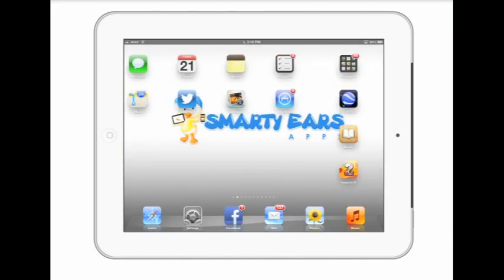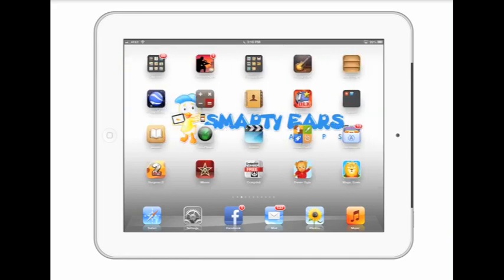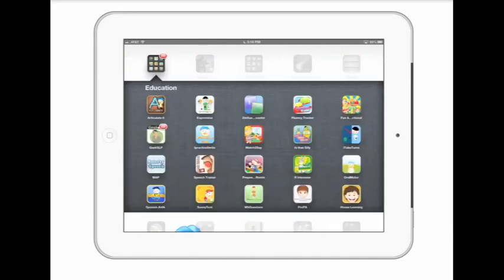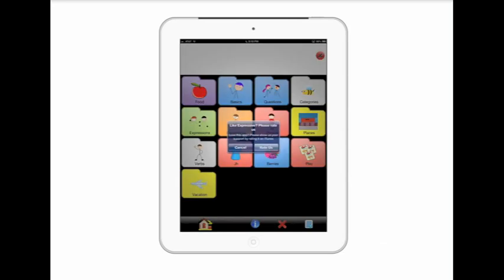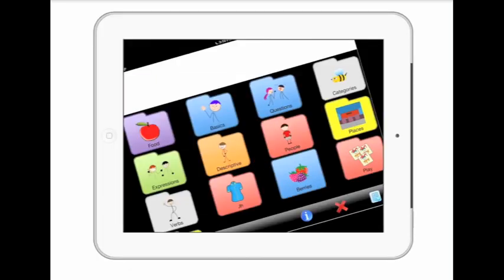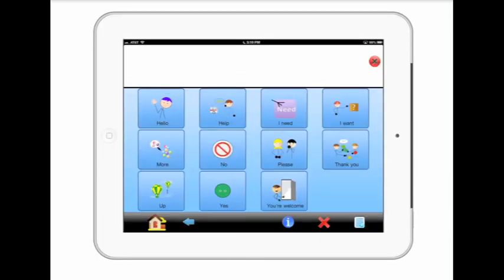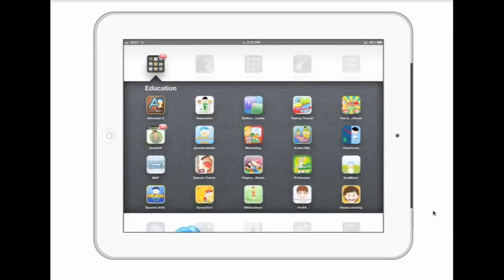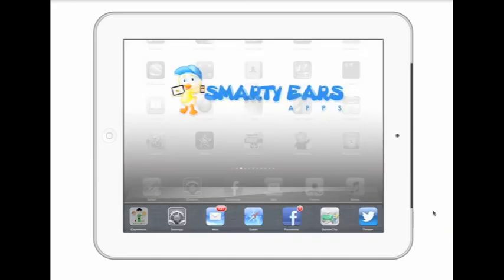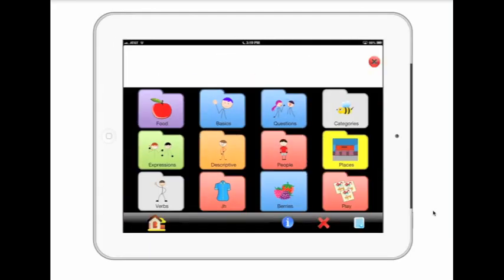Now I'm going to find one application, let's say a communication application, called Expressive, to demonstrate guided access. This is the main screen on Expressive, and the students go through folders to communicate. But sometimes the child will keep hitting the home button and going back to the main menu without using the communication application. We're going to go back to that communication application, and to enable guided access, you triple click